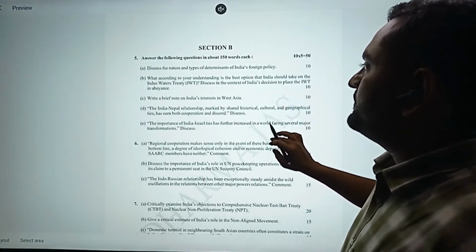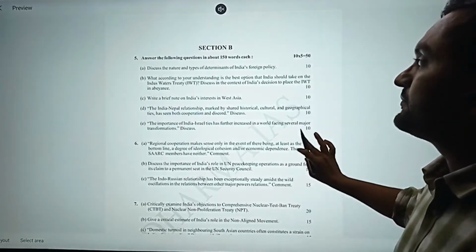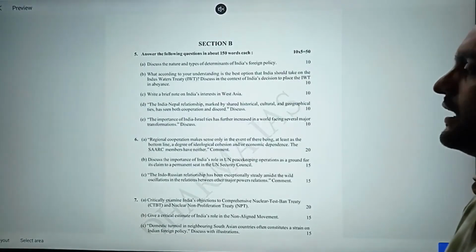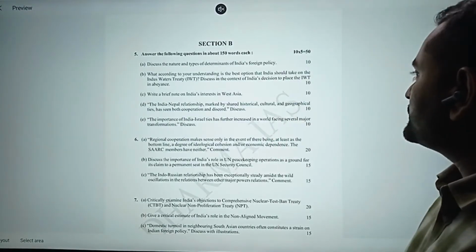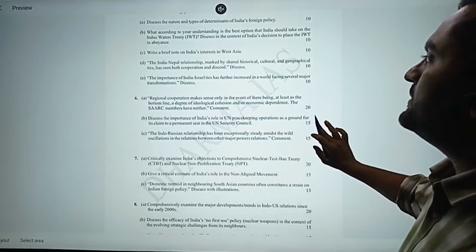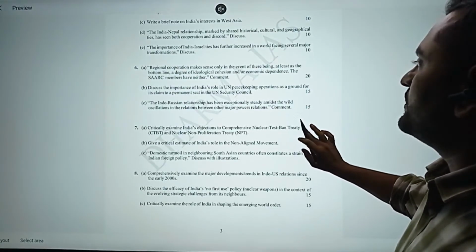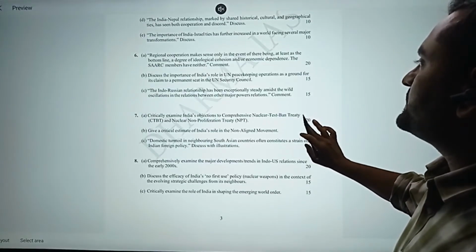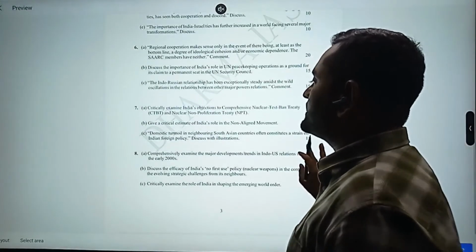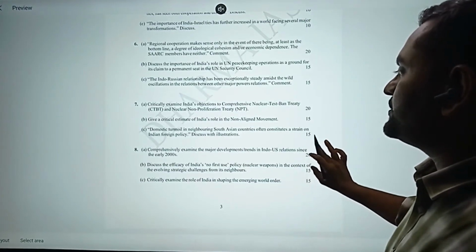Section B. 5A, discuss the nature and determinants of India's foreign policy. What, according to your understanding, is the best option that India should take on the Indus Waters Treaty, IWT? Discuss in the context of India's decision to place the IWT in abeyance. Write a brief note on India's interest in West Asia, India-Nepal, then the importance of India-Israel ties, then 6A SAARC, 6B India's role in UN peacekeeping and UNSC reforms, 6C India-Russia, 7A CTBT and NPT and India's stance on that, non-alignment, 7B, and 7C is neighborhood, South Asia and India,